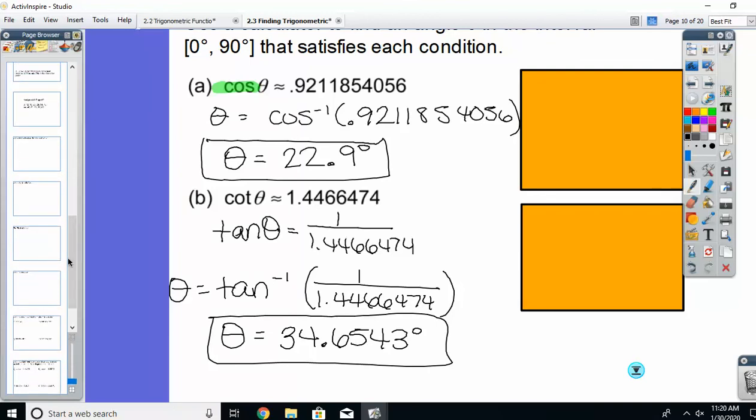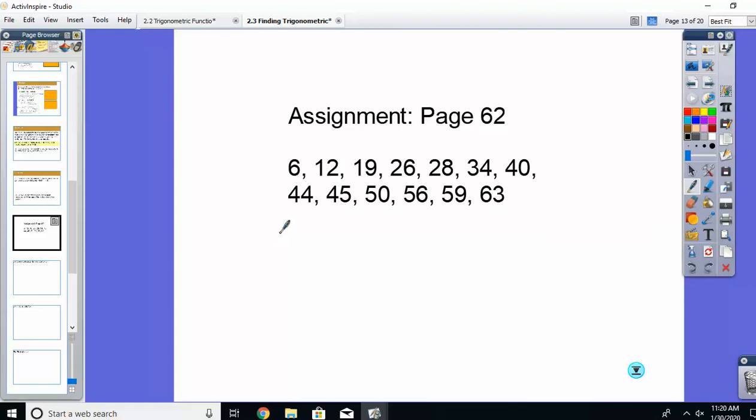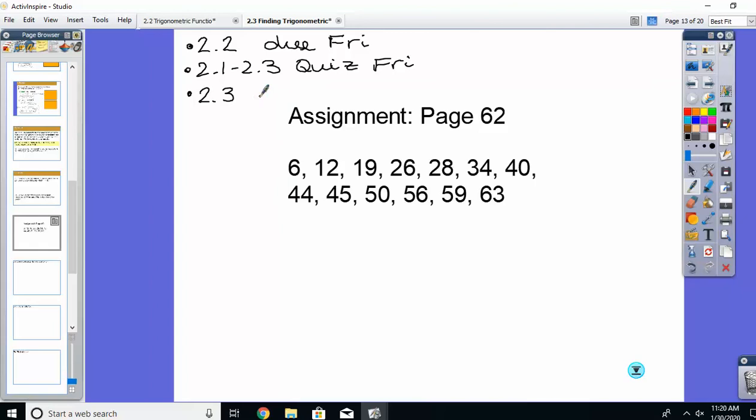So, let's kind of summarize. The 2.2 assignment is due tomorrow. We have a 2.1 to 2.3 quiz tomorrow. I will probably do a couple review problems at the beginning of class. This one, I have a feeling you're probably going to get it done in class, but just in case, I will make this one due on Tuesday, just to give you that little